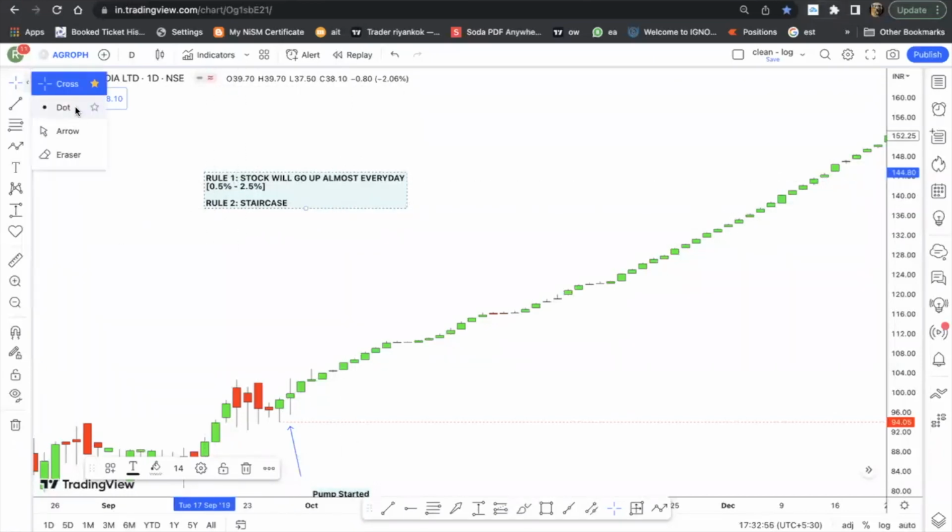Now what we have to do is select the cursor here and see how much percentage the stock, which was going up almost every day, was going up. So we have 1.2%, 0.5, 1.5, then 0.5, 0.93, 0.96, 0.32, 0.41, 0.92, and continuously the stock was going up. So you can see green candles being made again and again almost every day. The size of these candles is very small because the stock is going up by just 0.5 to 2.5%. Every day the stock will go up and only between 0.5 and 2.5%. This is very important, keep it in mind.